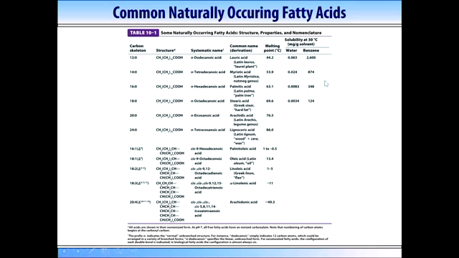Here's just a table summarizing basically the most common fatty acids in living nature. The most important ones, which I would like you to pay attention to, are palmitic and stearic, which are 16 and 18 carbons. These are fully saturated, so no double bonds. Again, I'm not going to ask you to draw the formula of these because it's too simple. If you know that they have 16 and 18 carbons, all saturated, then you would have COOH at the end.